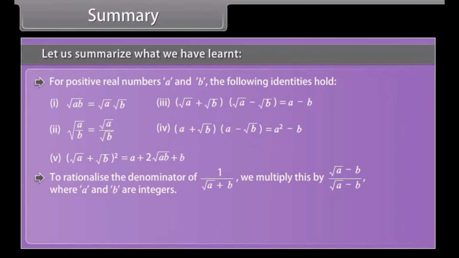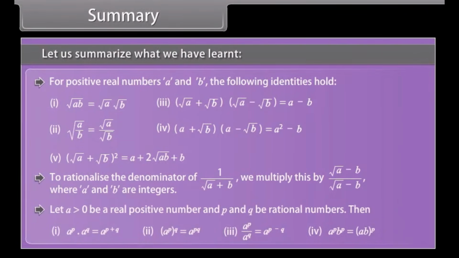To rationalize a denominator of 1 upon square root of a plus b, we multiply this by square root of a minus b whole upon square root of a minus b, where a and b are integers. Let a greater than 0 be a real positive number and p and q be rational numbers, then